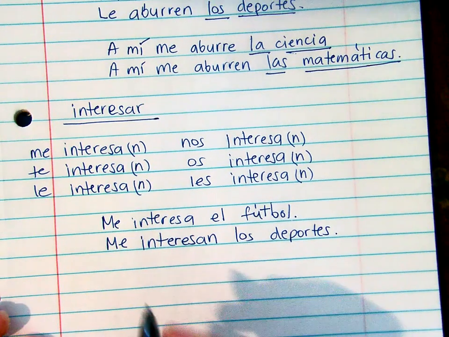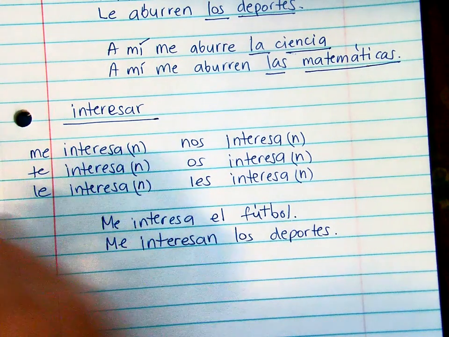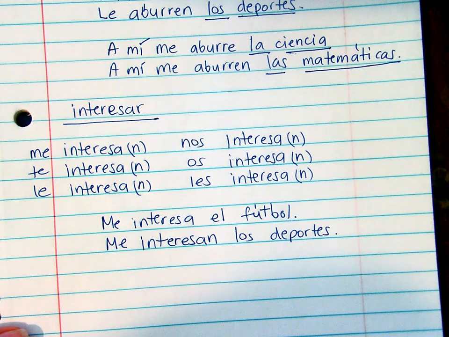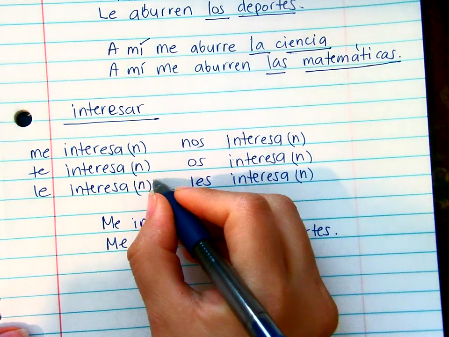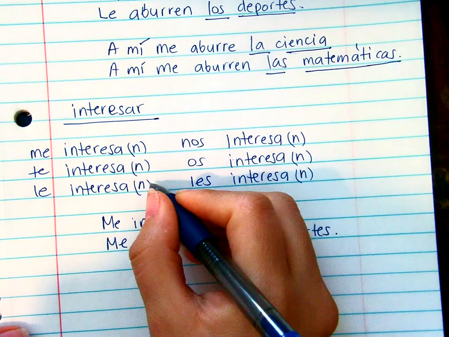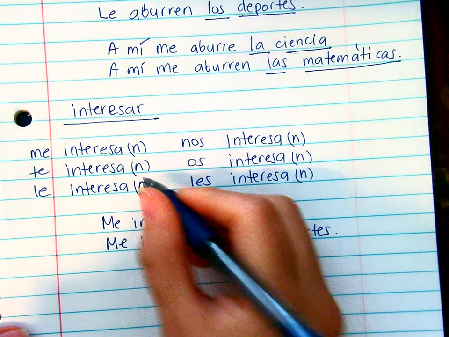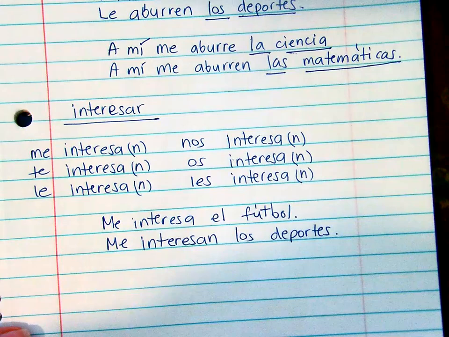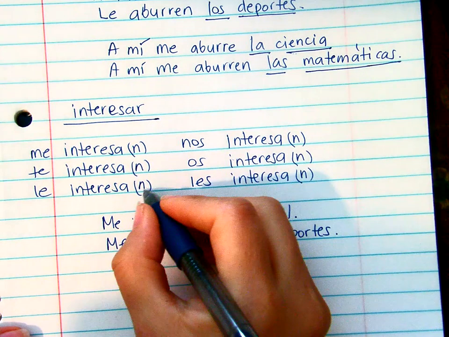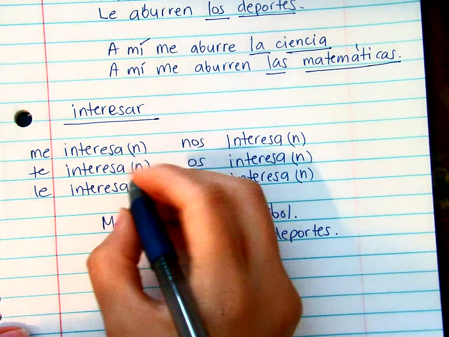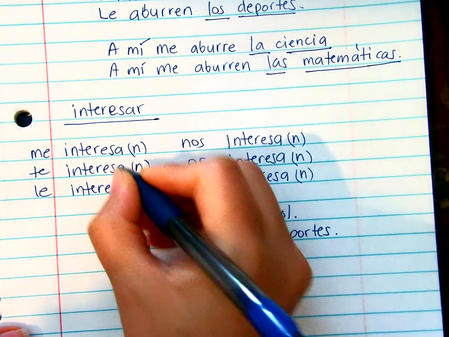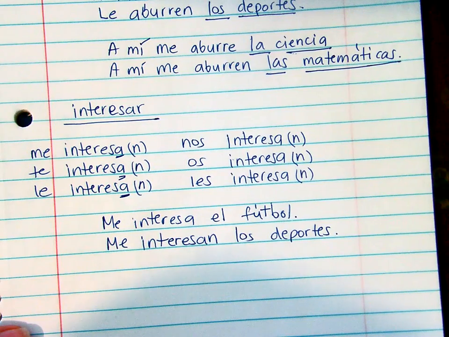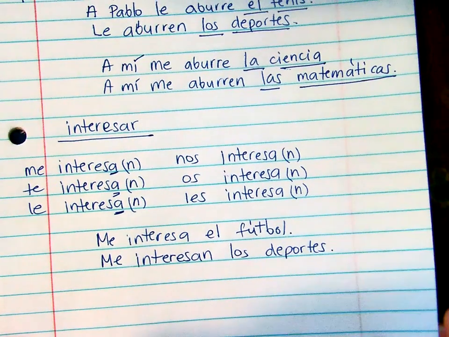Okay? So what you need to remember is when you're going to be talking about different things, as in I like this, I like that, this bores me: if it's one thing, you just use this conjugation. If it's more than one, you add an N. Okay? So make sure you take your notes